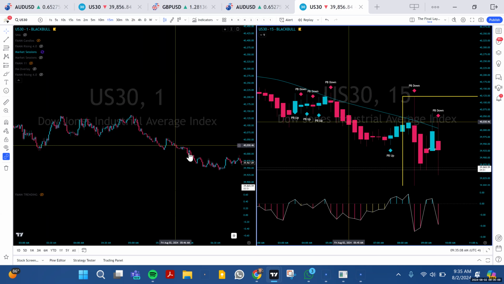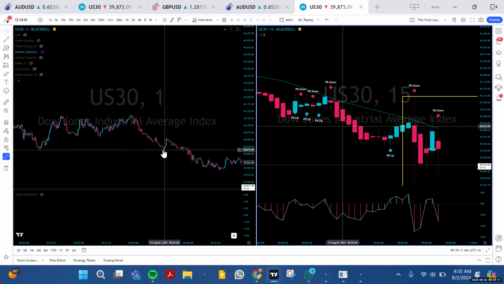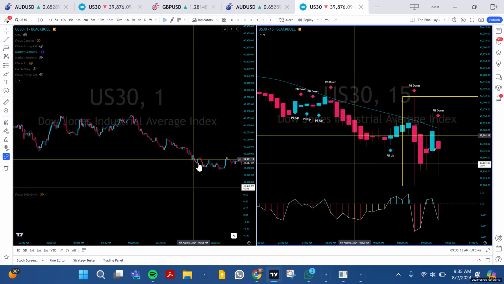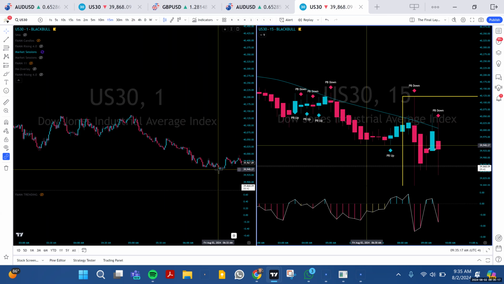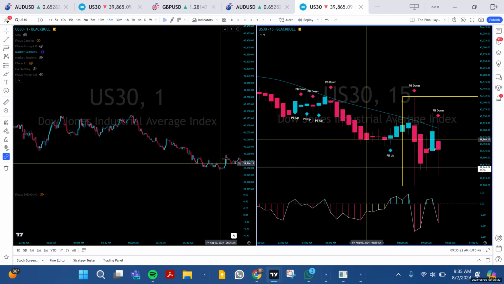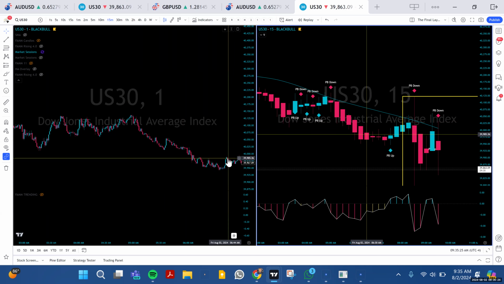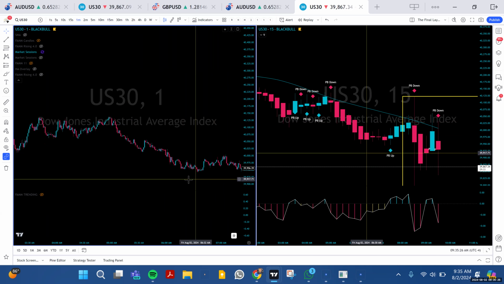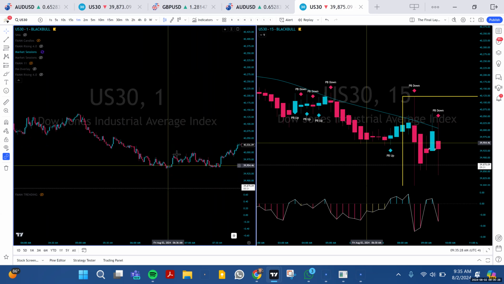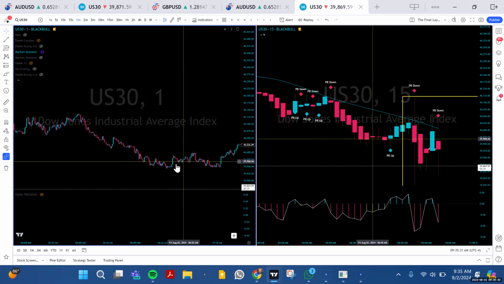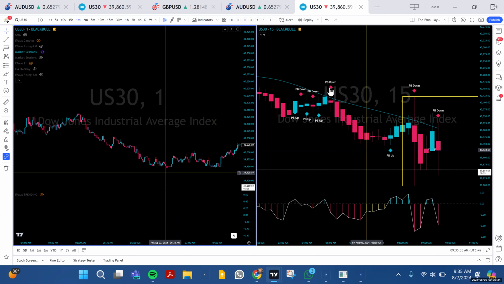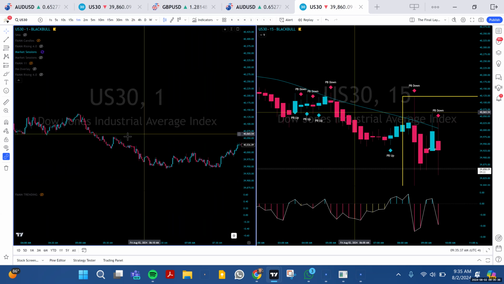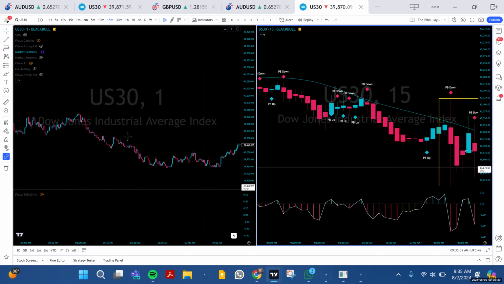Each one of these, and as you see, all of those would have been in profit. And it scaled down this entire thing, peeled back, and then came back some more. So this is heavy profit for one signal. And if we look at yesterday,